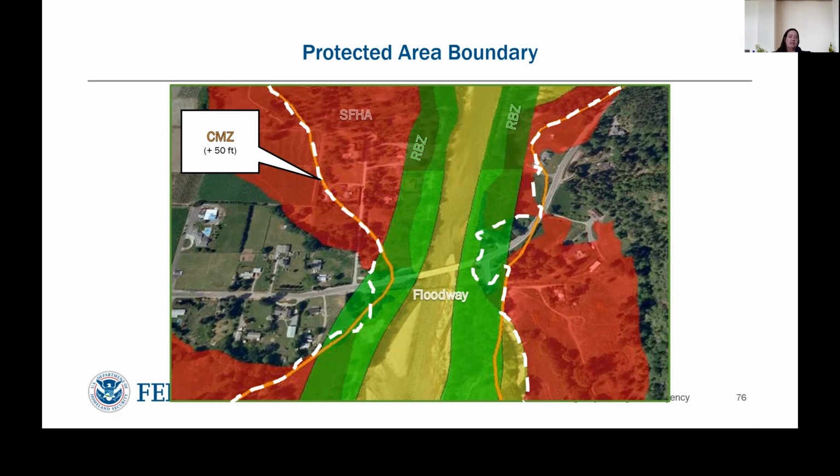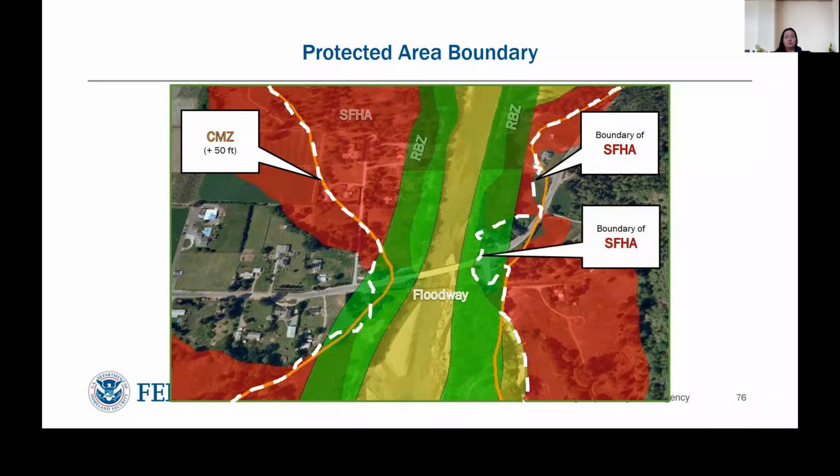And so that is going to be the limit of the extent of the protected area at that location on that side of the river. What about on the other side of the river? Well, here we're outside the floodway, we're outside the RBZ, but before we get to the channel migration zone plus 50 feet line, we've run out of SFHA. So that's where we draw the line. So at that location on that side of the river, the entire SFHA at that cross section would be considered